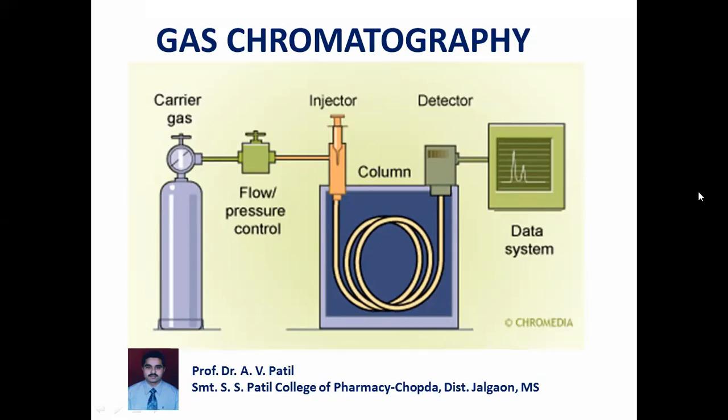So as the carrier gas acts as a mobile phase, through the injector the sample is injected. This injected sample, which is volatile in nature, which is gaseous in nature, is carried by the carrier gas throughout the separating column, and the analytes get separated out according to different principles, maybe of partition coefficient, maybe according to their adsorption.